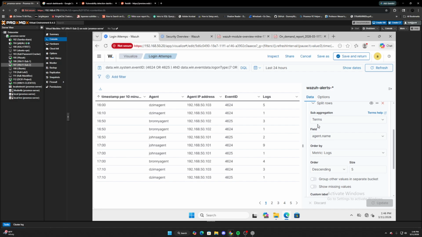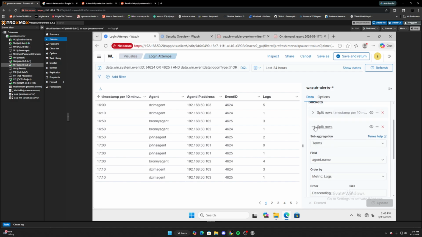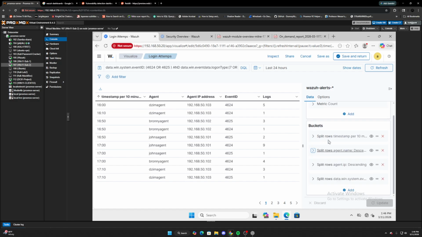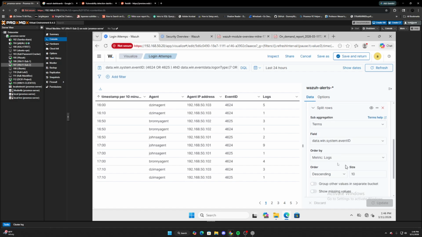You need to know how to work with a database, how stuff interacts, how the buckets interact with each other. But okay, so here we can see our agent name, and then we can see our agent IP address, and then we're getting down to the event codes, which is